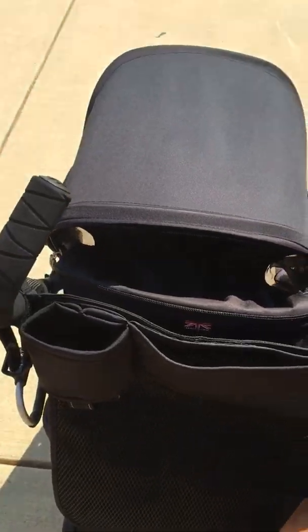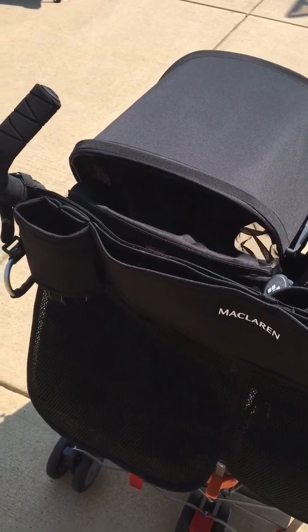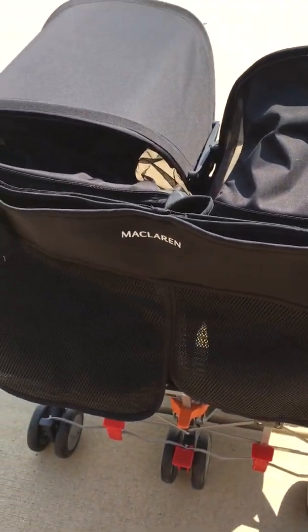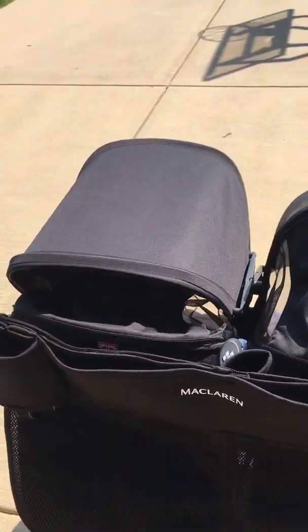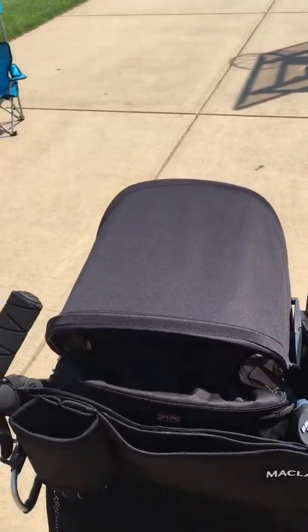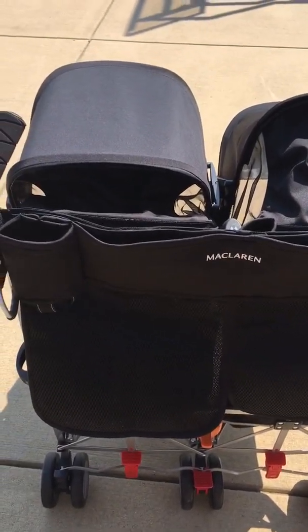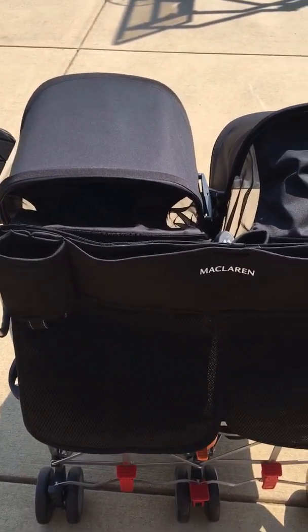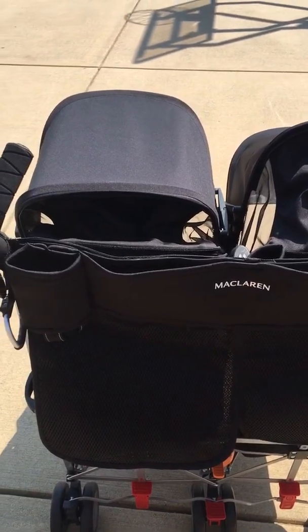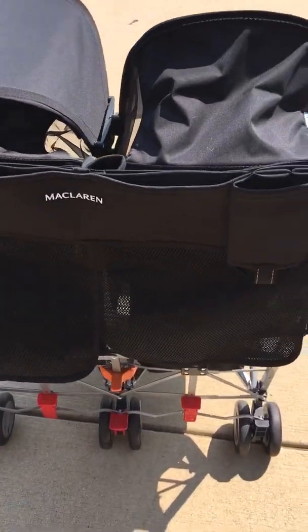and let's say in your car, it rolls around. There's no lock on any of the wheels to keep it from moving. And so I would like some way to be able to keep it upright. Because in my car, we have an SUV, but I have 4 kids in it. So it's tough for me to get all 4 kids in the car along with a stroller that won't sit upright, because it has to then lean against something, and it's leaning against either a kid's car seat or in the back really awkwardly. So I would love something that would actually sit up, and if the wheels, let's say, had a mechanism on them,